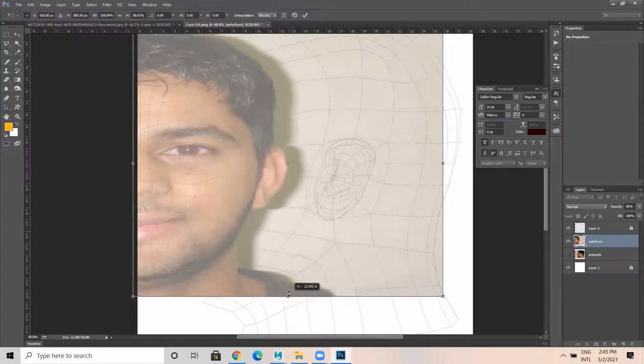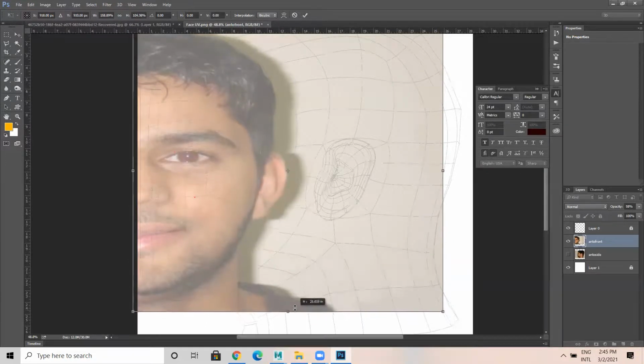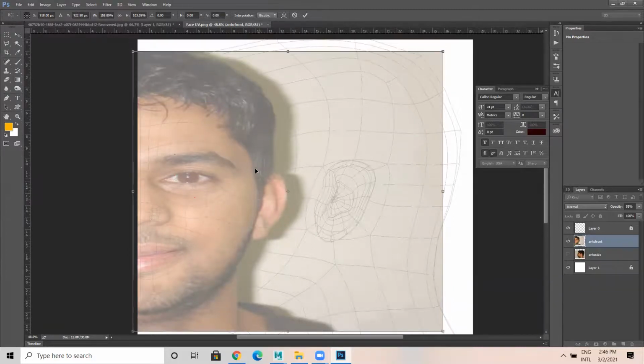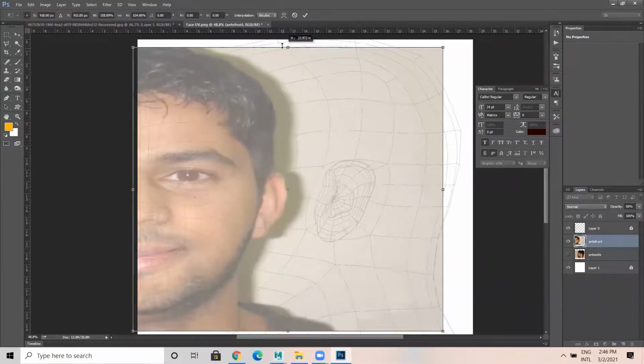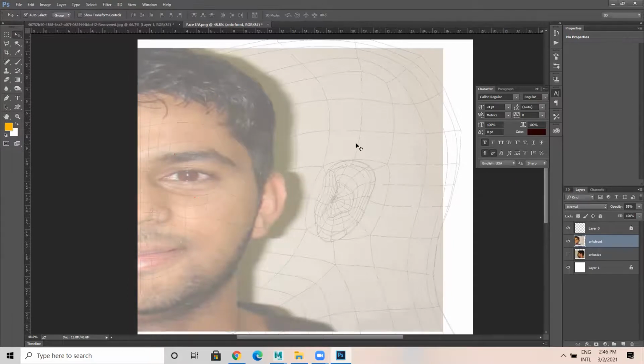And the lip part here like this. Like this. Enter. Then after this, I'll take the eraser tool.